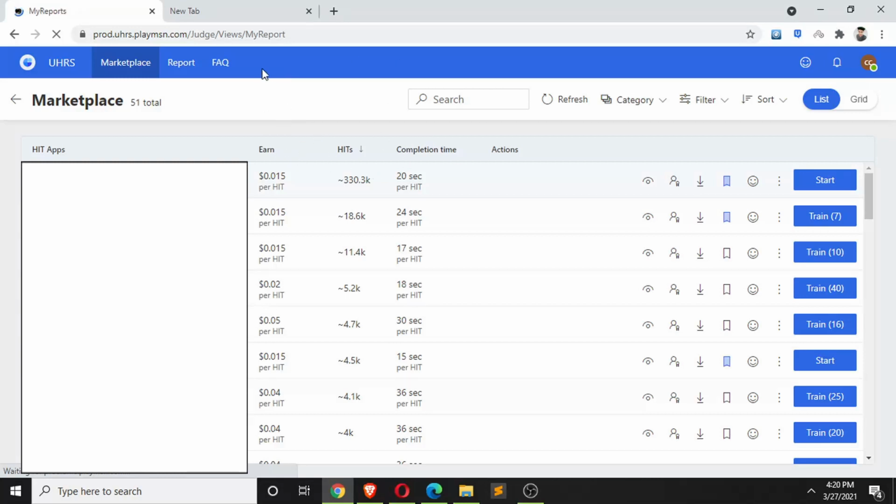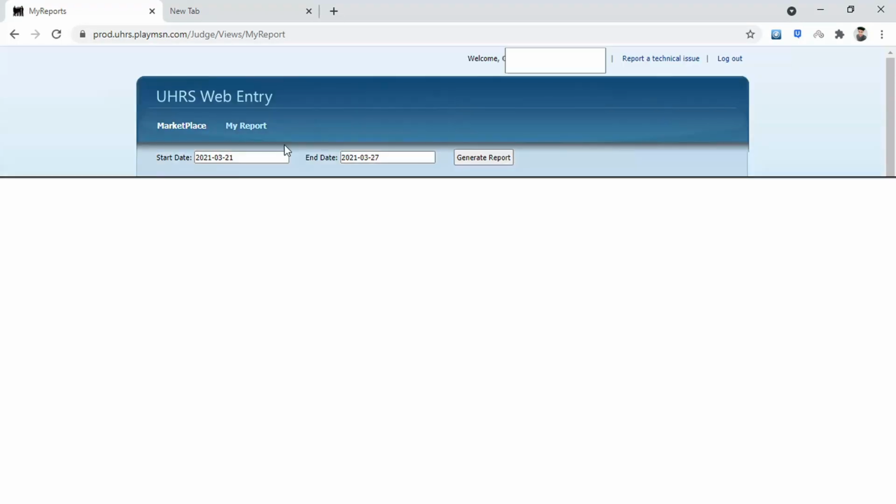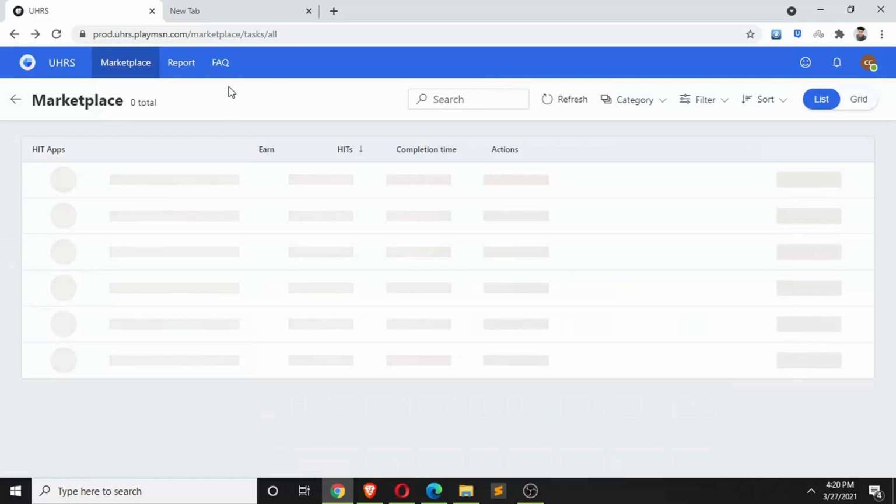Let me show it to you. The page is now loading, right? So you can see the old marketplace is now loading. You can see everything over here in the old marketplace. So yeah, this is the old marketplace. You can still view your report in the old marketplace, but it can go very soon, right? So I recommend you to learn the new marketplace. So let's get straight to the report in the new marketplace.